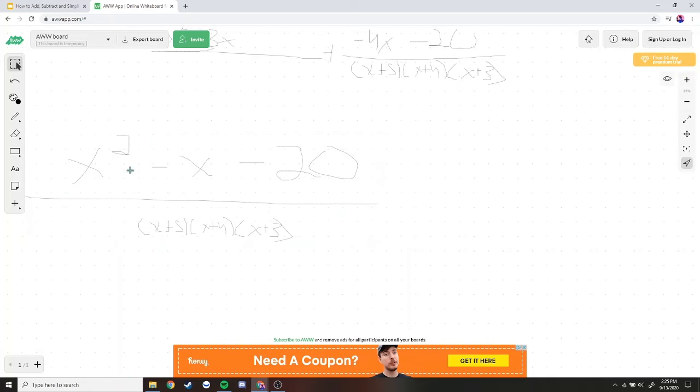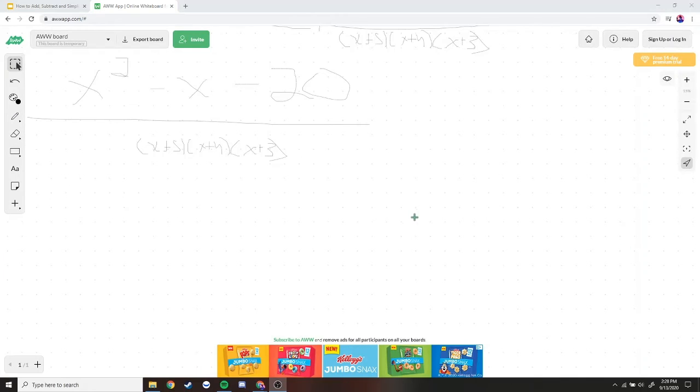Now what we can do is we can further simplify this, and I'll show you how to do that in a second. Now we're going to segue into simplifying rational expressions. So now to simplify this, what we're going to have to do is we're going to have to factor our